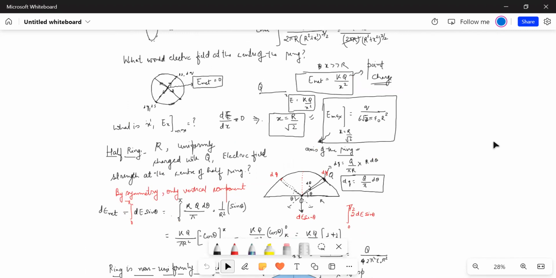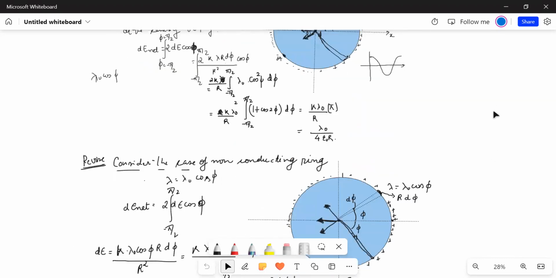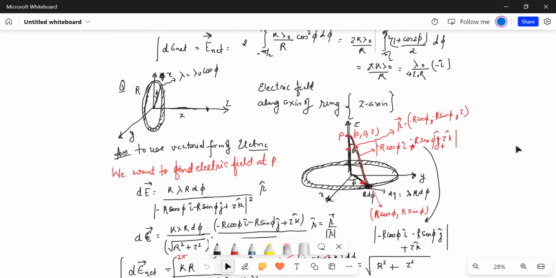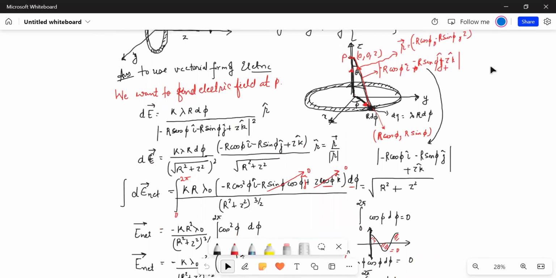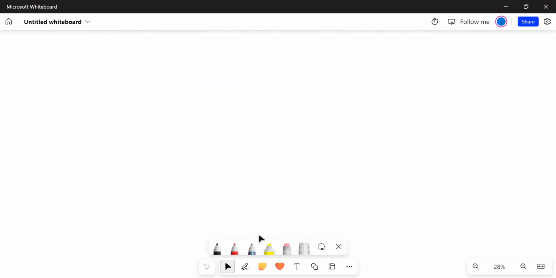And now in this lecture, we are going to do a few more varieties. For example, we are going to do electric field at the center of the hemisphere and such questions, so that you'll be able to understand a few more ways,